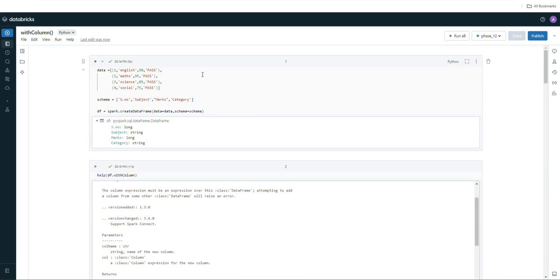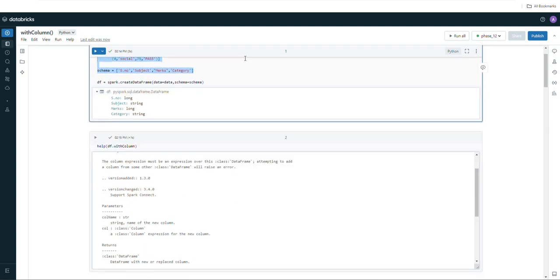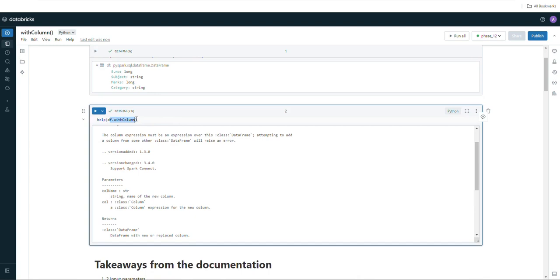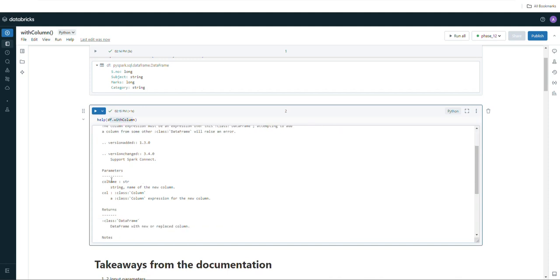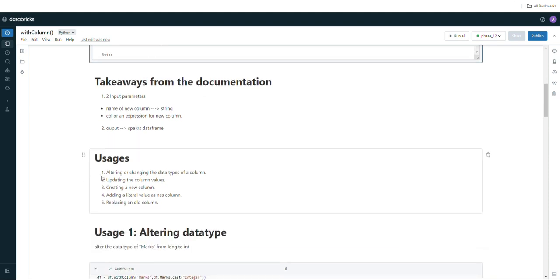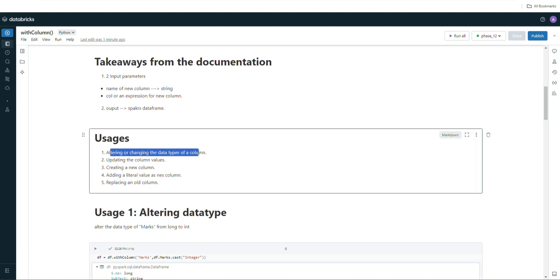We just created our own data frame using our own data, and we saw the documentation for the withColumn function, which takes two input parameters and returns a data frame. These are the takeaways from the documentation, and we listed the major use cases where you use the withColumn function, which are altering or changing data type,